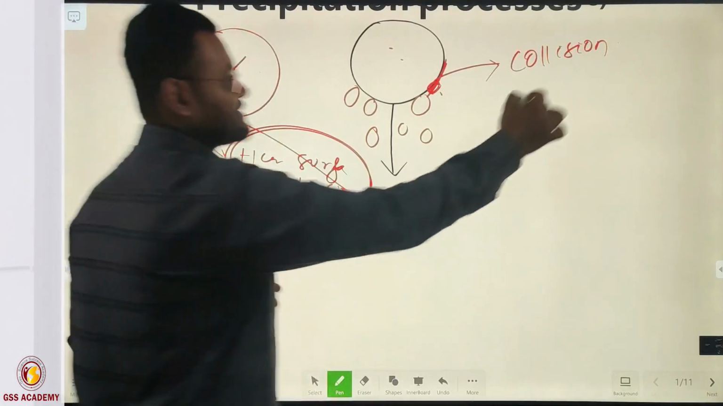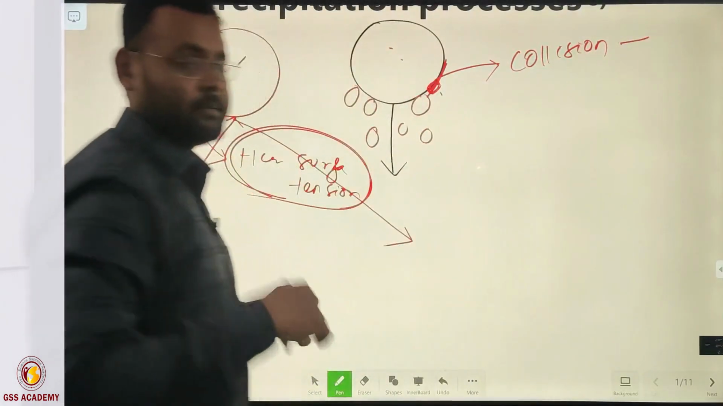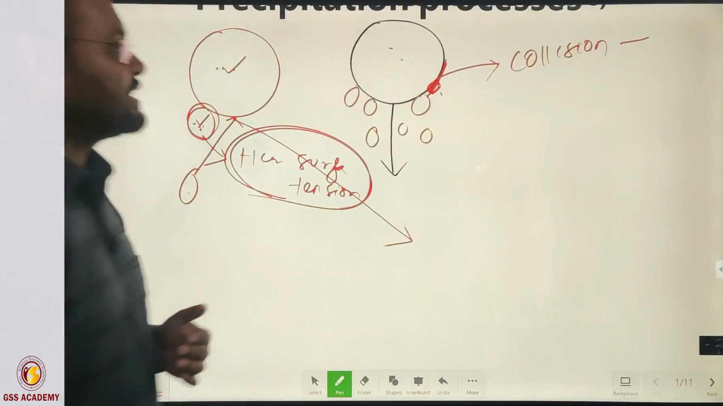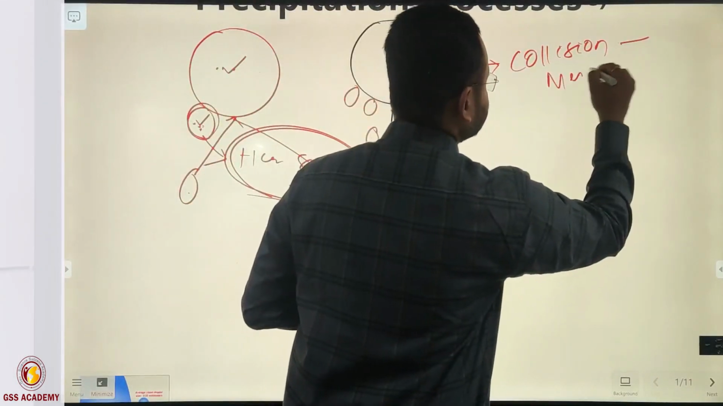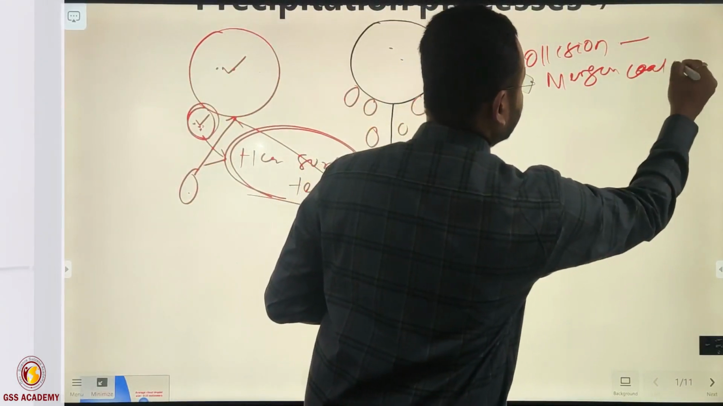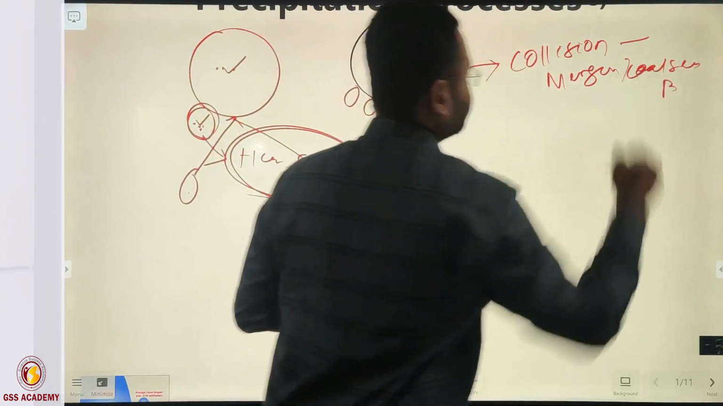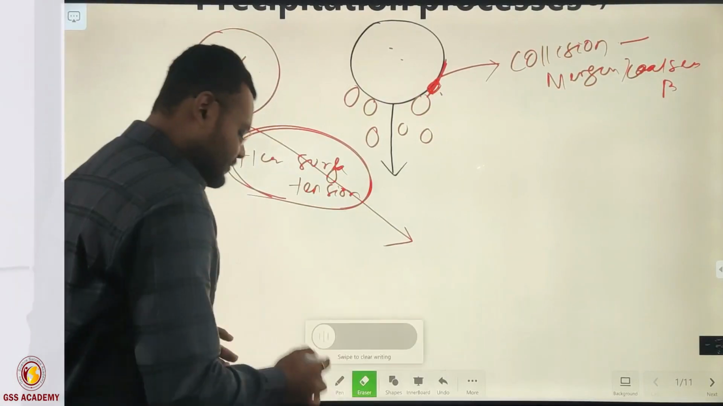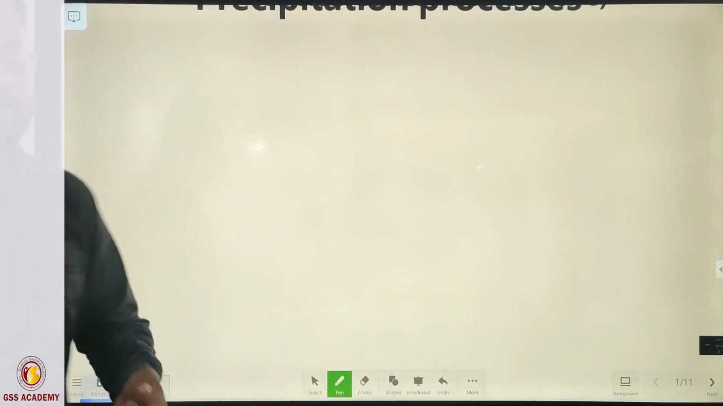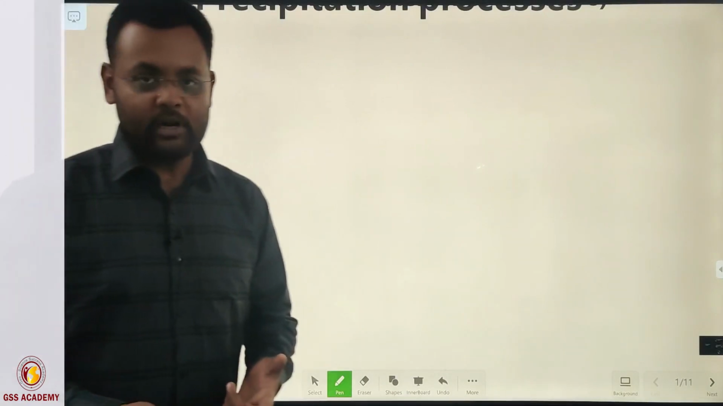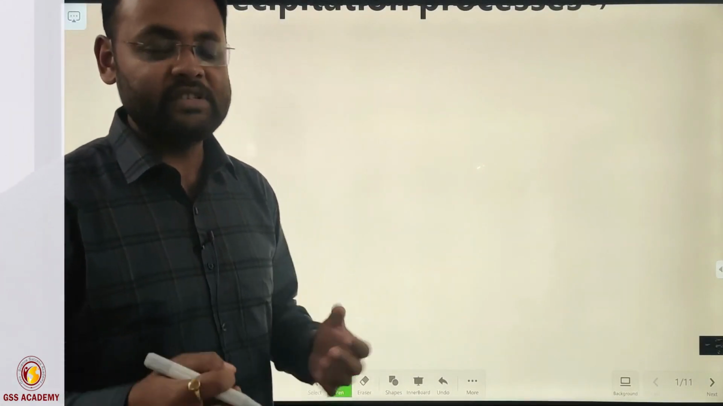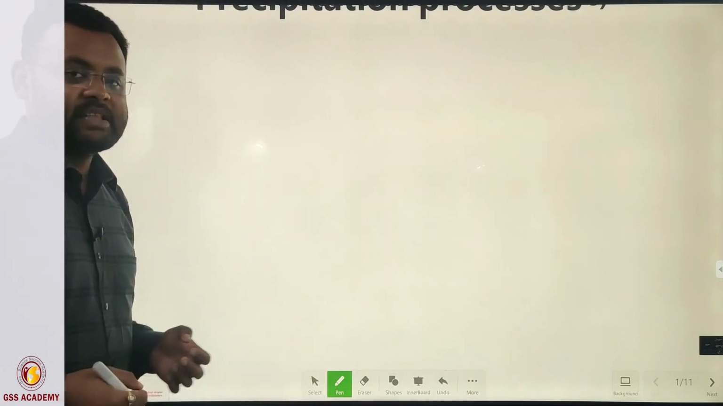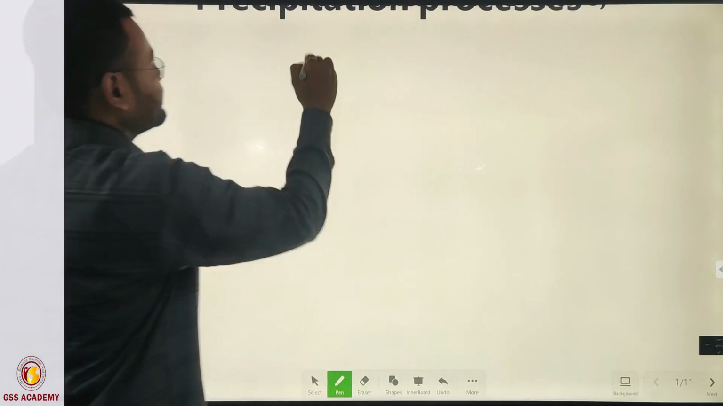It will simply reflect away, or bounce back. Therefore the second part of the name is derived, that is the merging process, or coalescence process. So this is the collision and coalescence process. Now apart from this collision and coalescence, another important factor that also contributes significantly to increasing the size of the droplet is